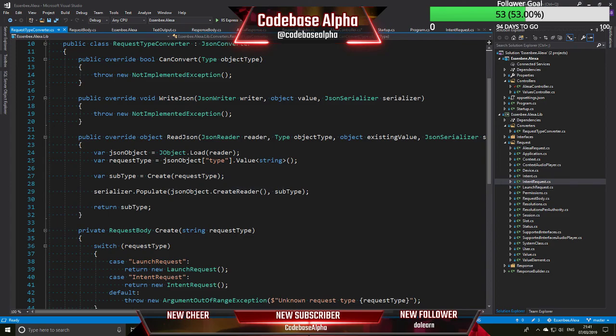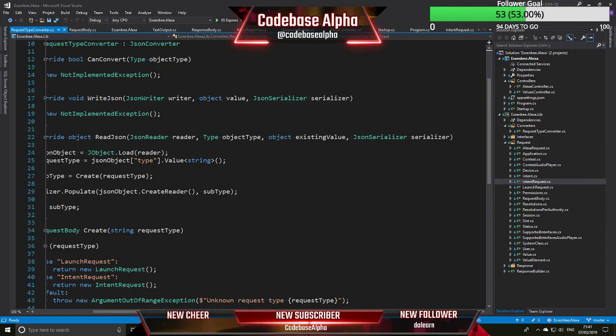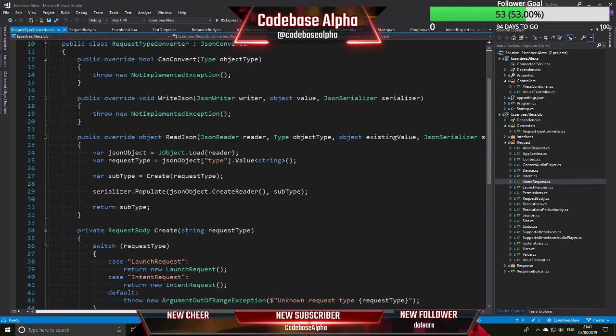We're handed a serializer in this override, and that serializer has a populate method on it. We basically read the contents of the JSON object and populate the subtype with those values. So that all happens within this populate method, so it's all handled for us, and it's a lot better than using